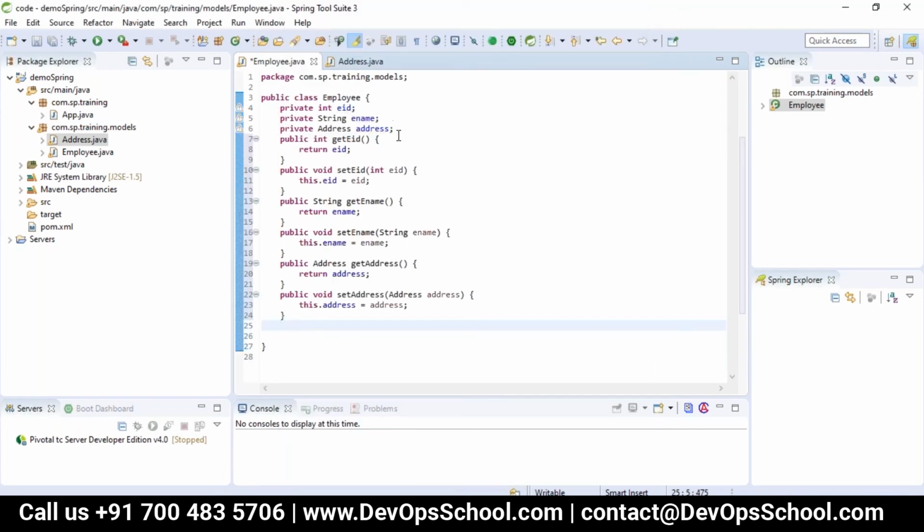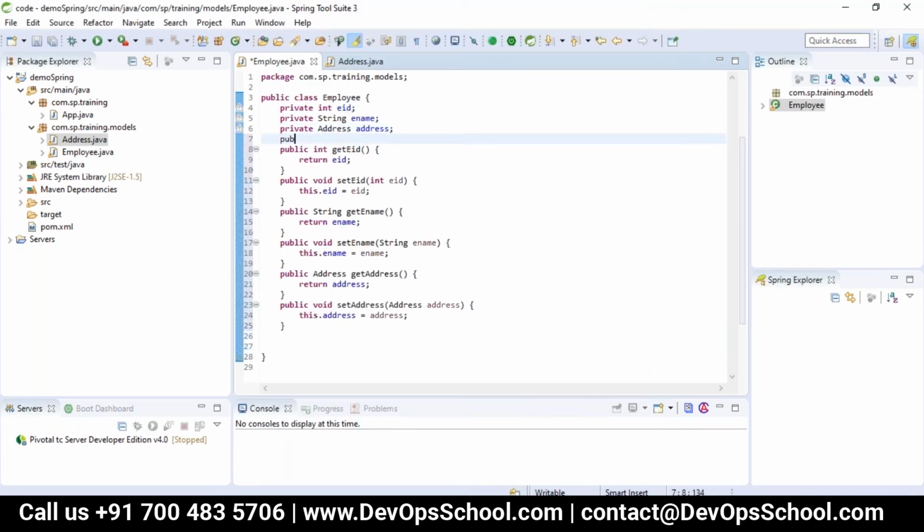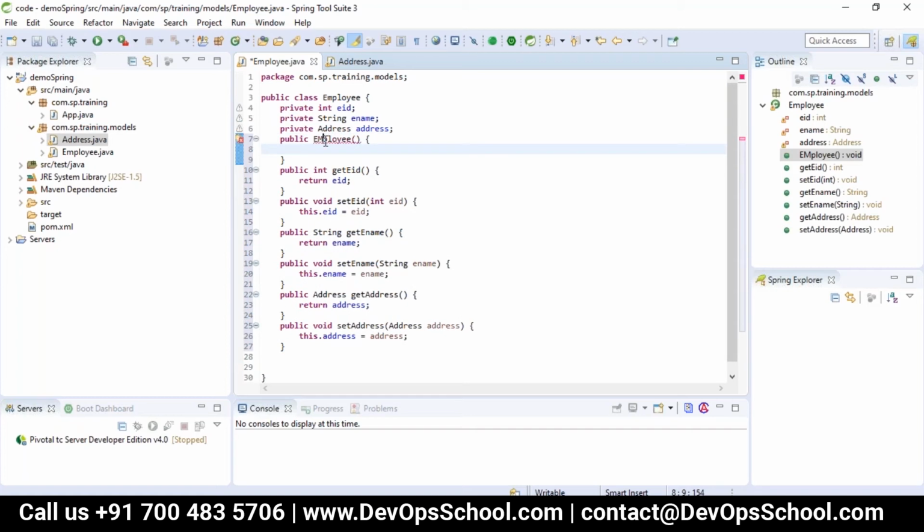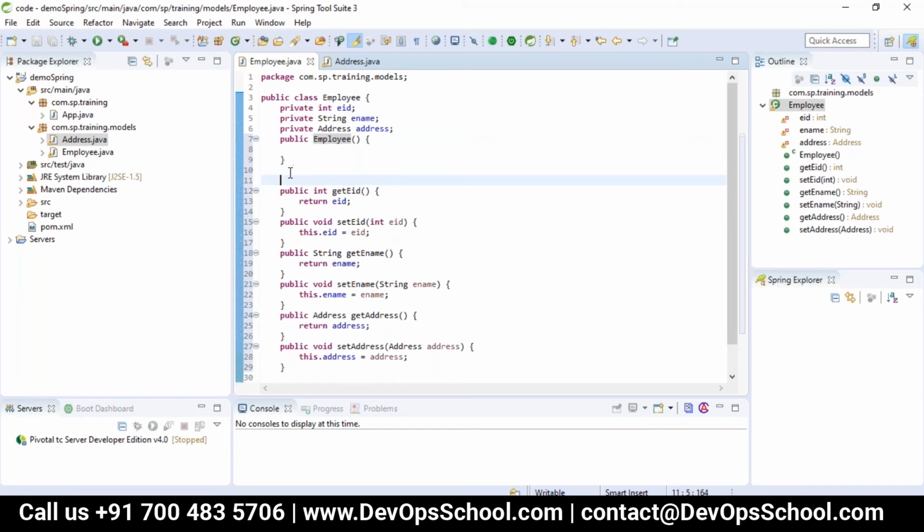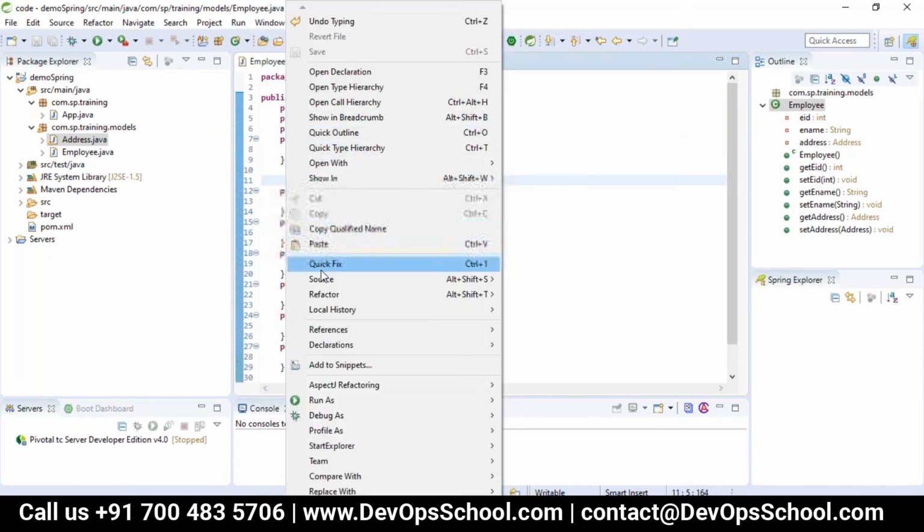It always says in every bean class you should have a default constructor. You're comfortable with Eclipse, right? Or using IntelliJ? We use IntelliJ, but it's okay.